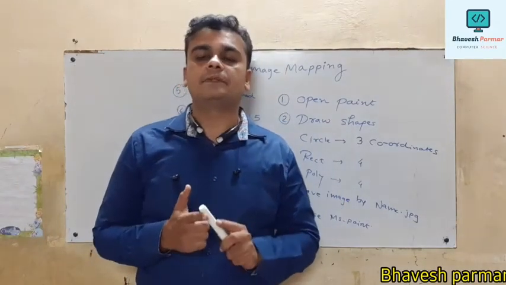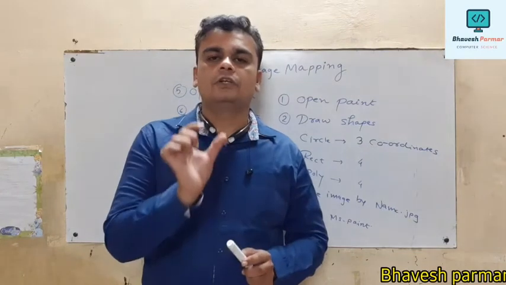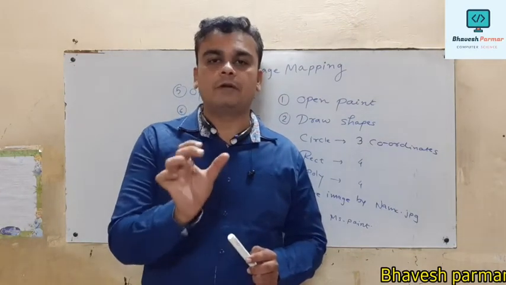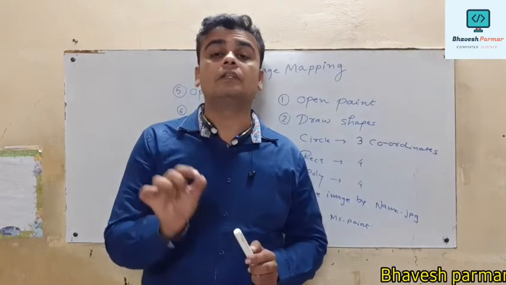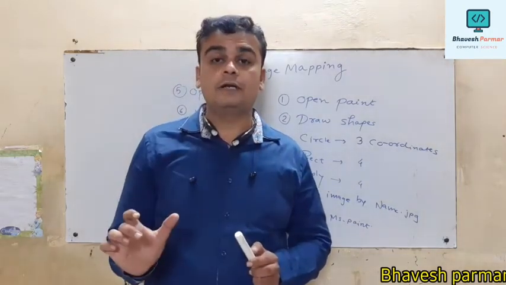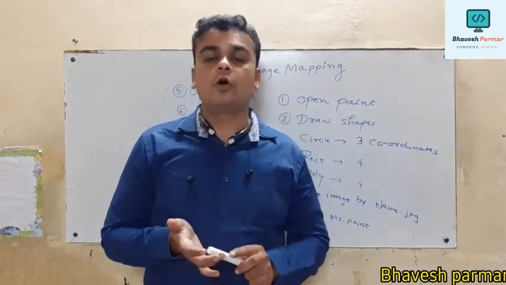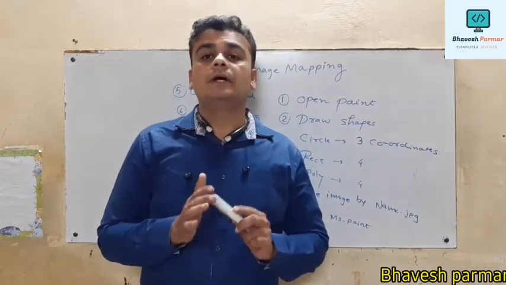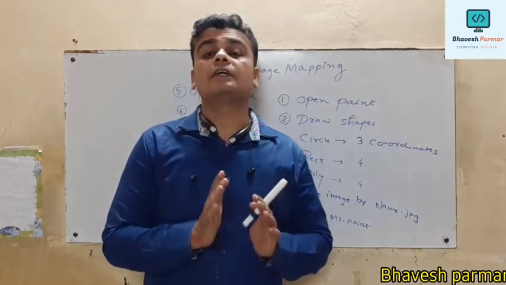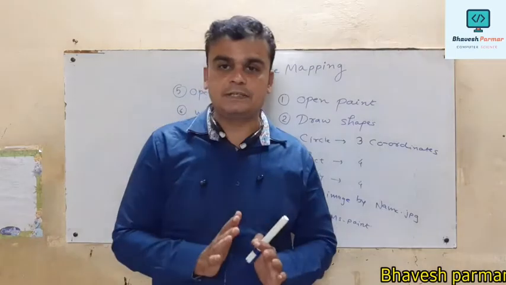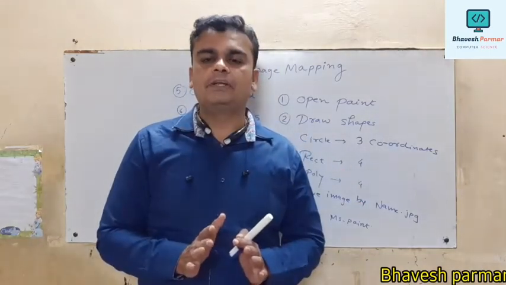So our first step is open paintbrush application. Then second one, draw all the geometric shapes one by one. But keep one thing in your mind, you should write down the coordinates. Which coordinates we are going to write, I will show you. Then after drawing all the 3 geometric shapes, you have to save that image with some name followed by .jpg extension. Then my next step is what? I am going to close that paint application.